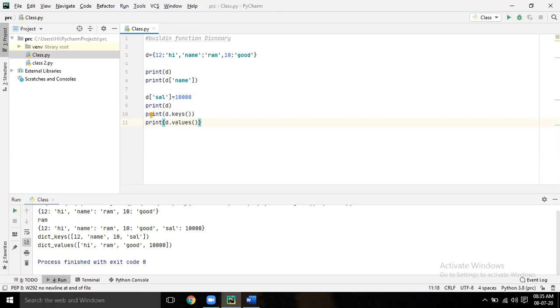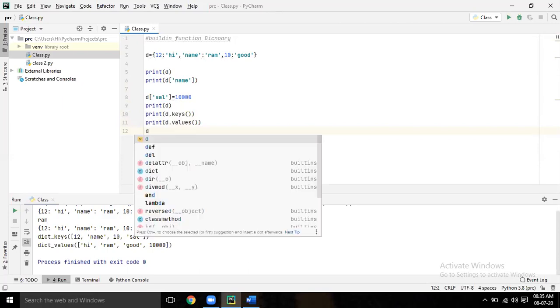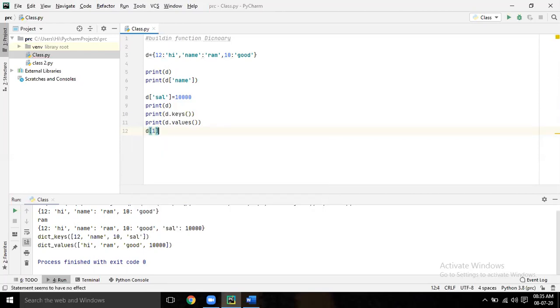Now write D1 equal to D dot copy. Sorry, not square bracket, only D1. D1 equal to D dot copy. Enter. Print D1.